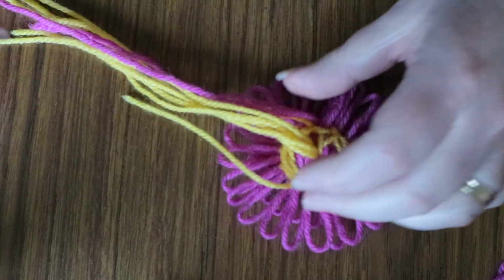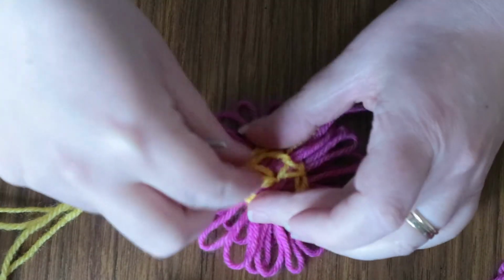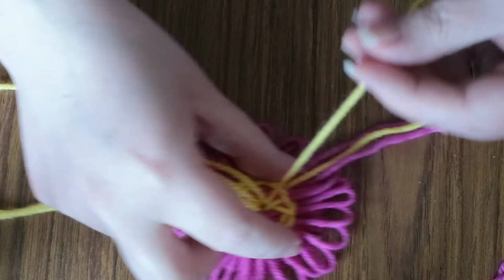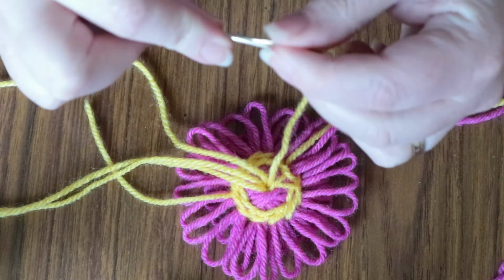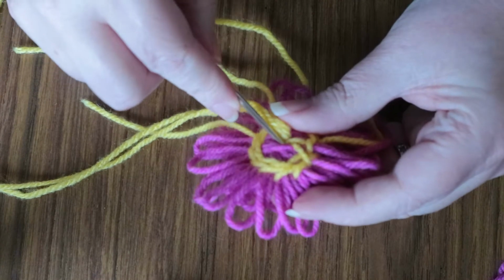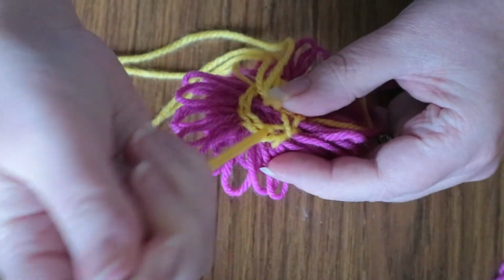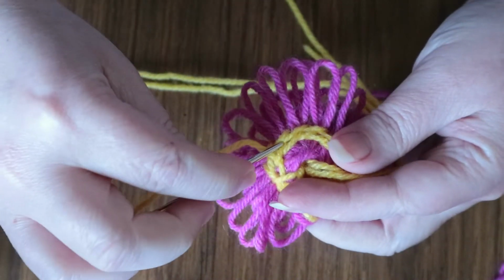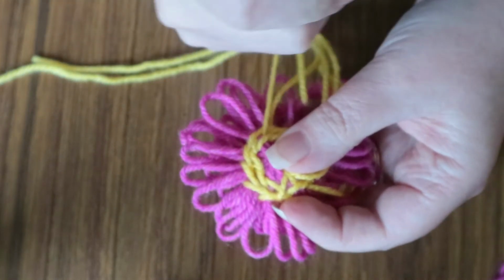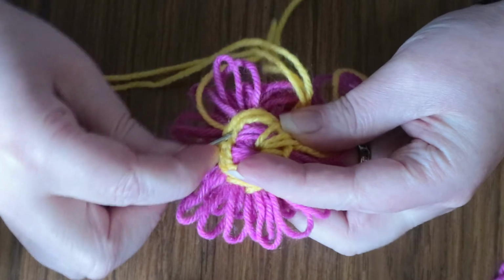Now, it's really simple. You're just going to move some out of the way as you go. Just pick one, doesn't matter which one, but you want to pick one. And you're going to just weave in your ends. So I go underneath the pink ones and out through the yellow ones there. Look. Doesn't matter where you come out through, just so you're within the yellow, and then you can work around the outside, going through, just pulling this. Don't pull it too tight because you don't want to gather them, but you want it in there reasonably well as well. So just poking on through,